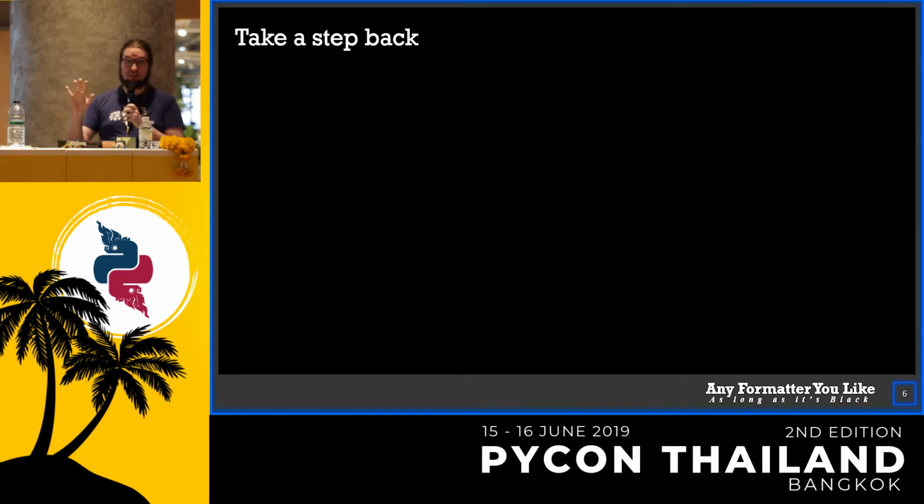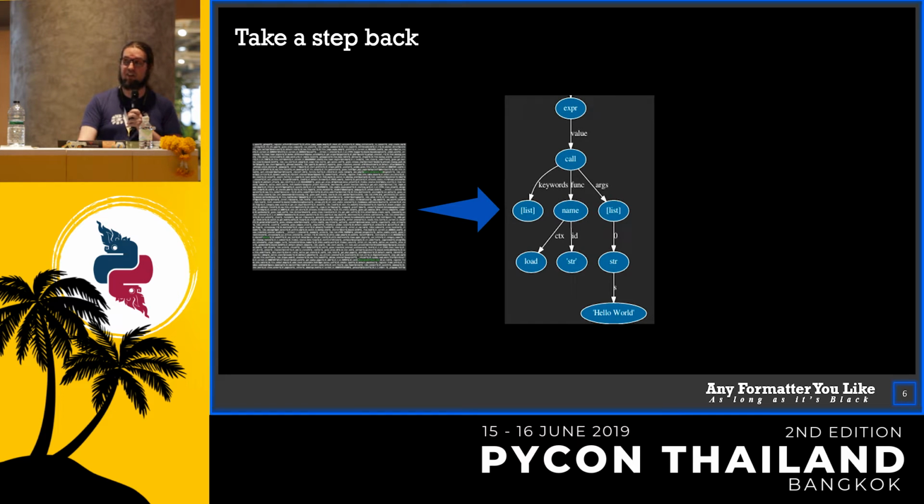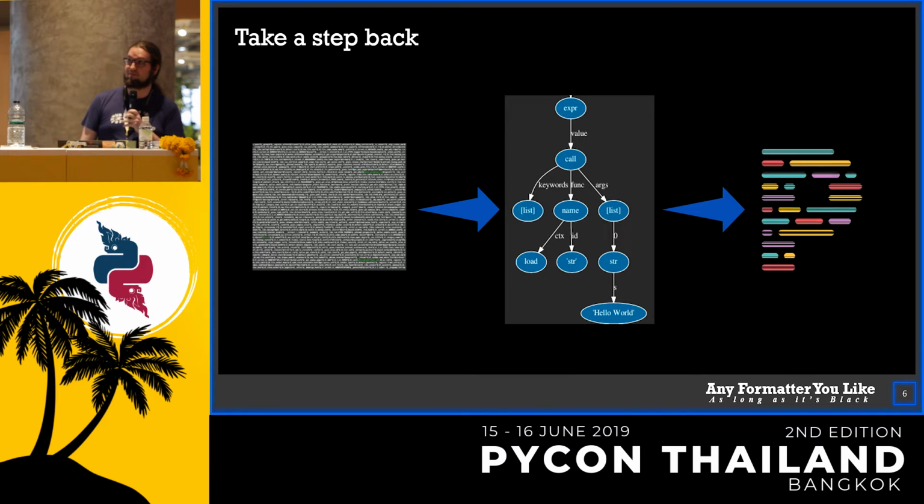Let's forget about linters. They're awesome for detecting localized issues and code smells in general, but for code formatting, let's forget about them for now. The real problem is you have a bunch of ugly code, and you want to generate pretty code from it. And the insight here is, let's do the same thing the Python interpreter does. It goes and parses all this ugly code into a nice structured format called a syntax tree, and then once we have this nice structured output, we can write rules to generate pretty code. It's not super complicated, but this is the basic insight behind most modern code formatters.